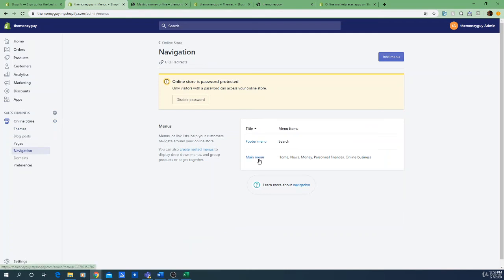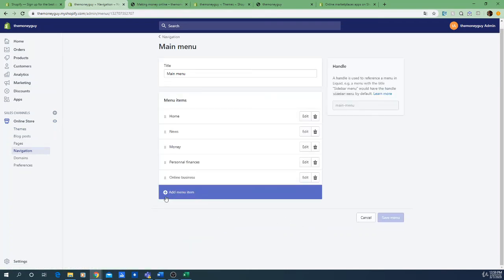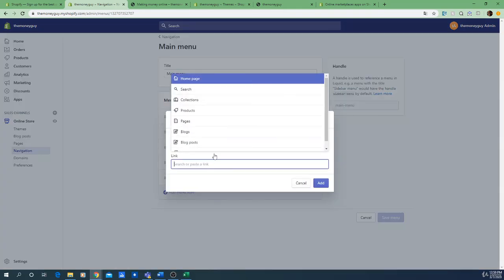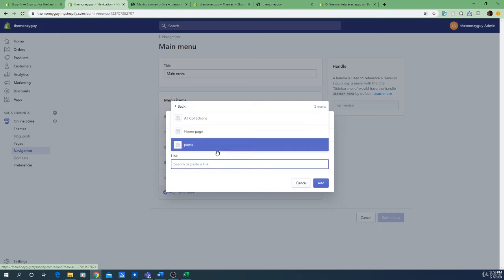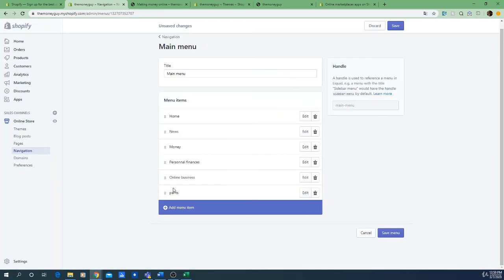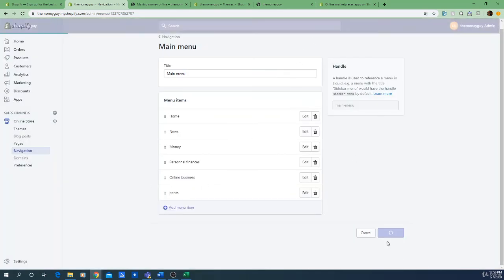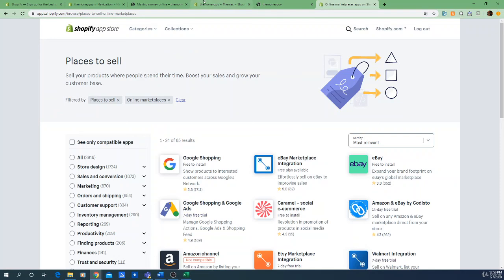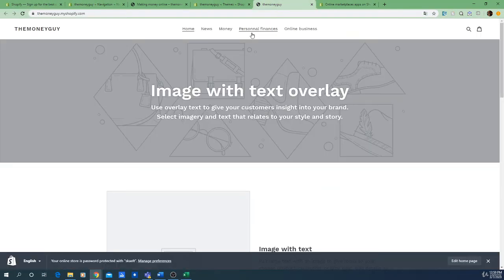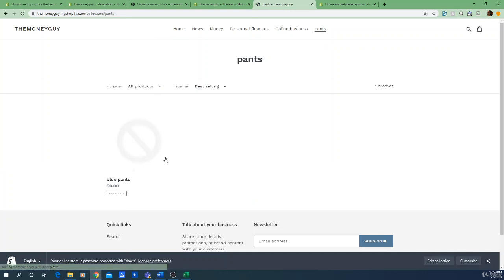So let's say we want to modify our main menu. So we want to add things to our main menu. Let's say we want to add a collection. We want to add the pens collection. We click on add. Save menu. So what it will look like in our store. Here you go. As you can see, you have the pens collection here